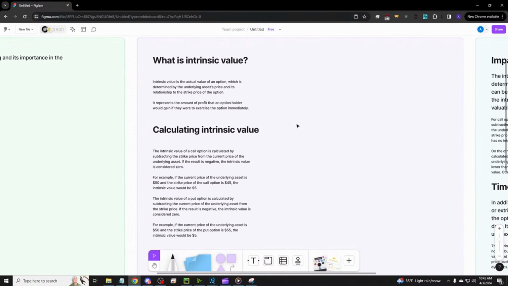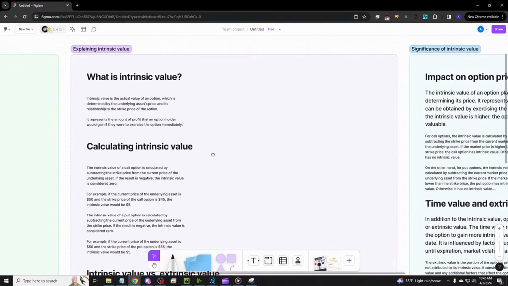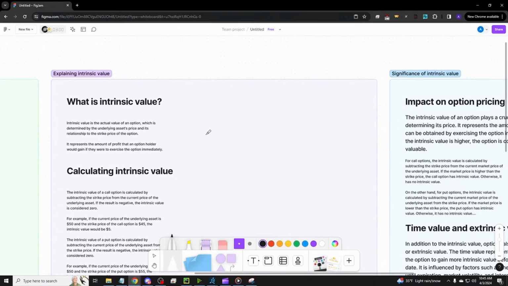So intrinsic value is the actual value of an option, and it's determined by the underlying price, so the stock price, and its relationship to the strike price. And it tells you the amount of profit that you, the option holder, would gain if you were to exercise that option immediately. So what that means is if we're trading a stock and it's trading, let's say we have